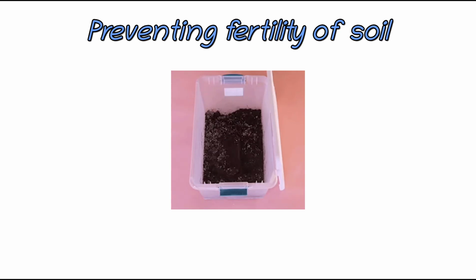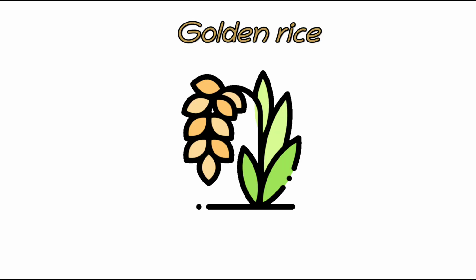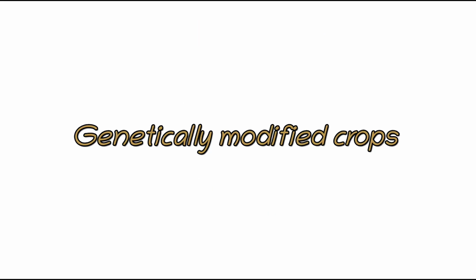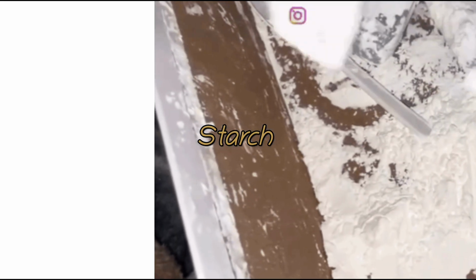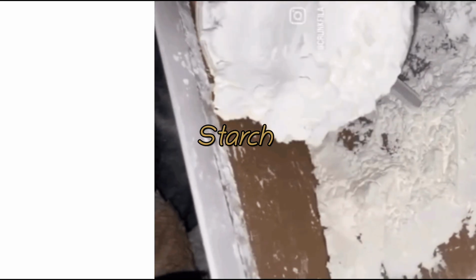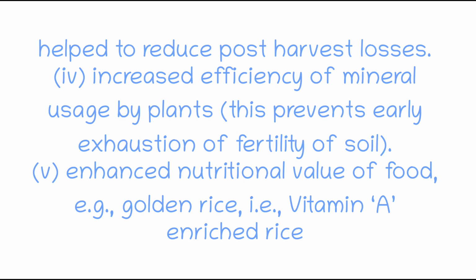It enhances the nutritional value of food. Example, golden rice, which is vitamin A enriched rice. In addition to this, genetically modified crops have been used to create plants that supply alternative sources to industry in the form of starch, fuel and pharmaceuticals. Some of these applications in agriculture you will study in detail, that is decreasing the amount of pest